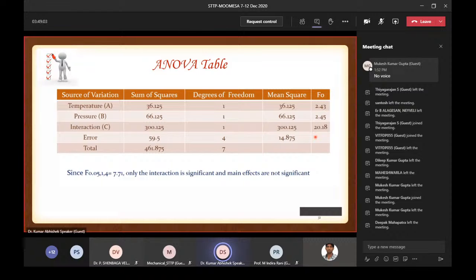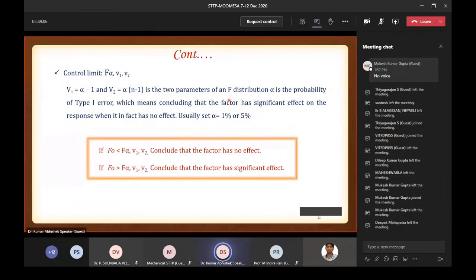Am I clear or not? So on the basis of that we can conclude that if the computed F value is greater as compared to the